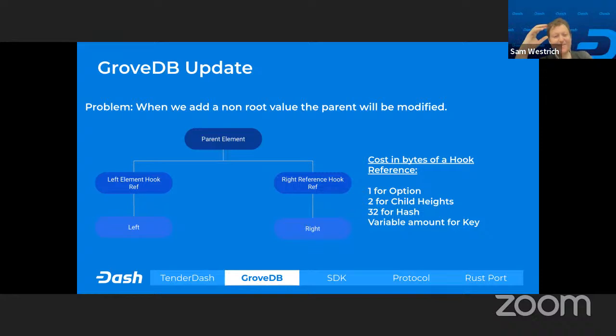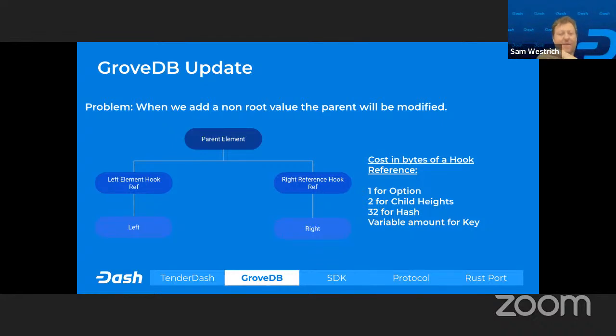And then underneath, this is a very technical idea, but underneath any node, you have your left element on the tree and your right element on the tree. And both of those left element and right element, they basically have a reference to the actual value. And these references take space. Now, if your left element was removed from the system or added to the system, you don't want the parent element owner to pay for it. You want you to pay for it. You're the one doing the action.